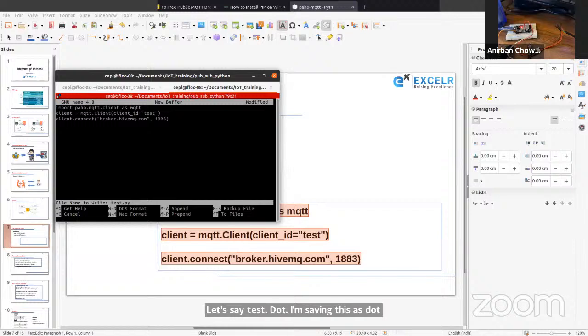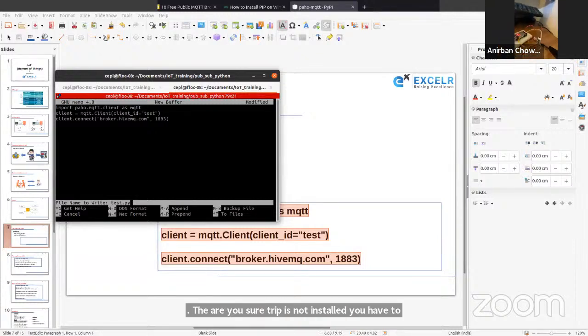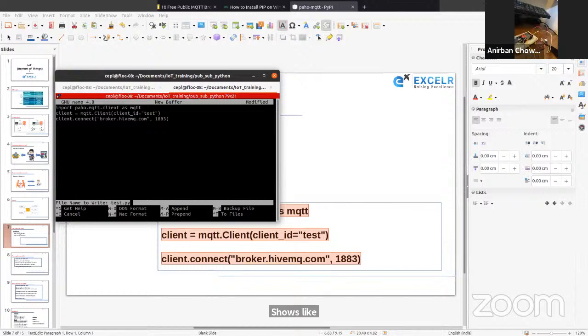So pip, the term pip is not recognized. Ayush, your pip is not installed. You have to install your pip. It shows like this: your pip is not installed. You have to follow that up properly. Your pip is not installing. Maybe your